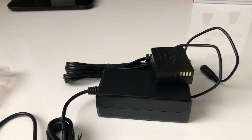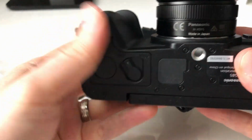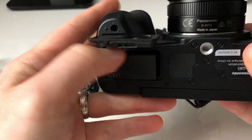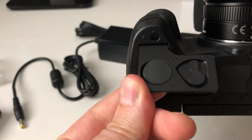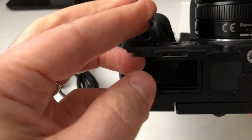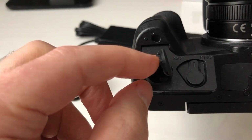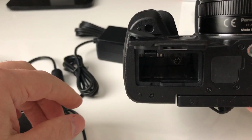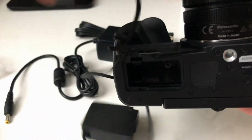Okay, let me insert this in my camera. Okay, here's my camera. The camera door is on the bottom. Pop that open. We'll take the existing battery out. And as you can see, it's got this rubber grommet here that you could simply pop out. And it remains attached to the door in my case. But this will allow that lead to come out of the camera and to be able to connect to the power supply. So we'll take the lead, poke it out through this hole,